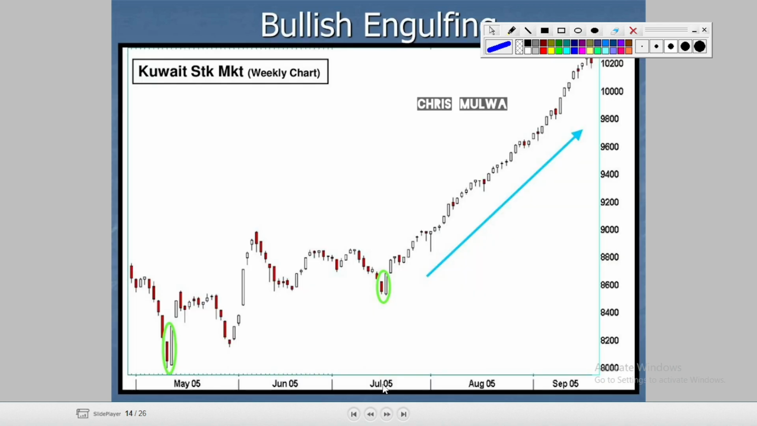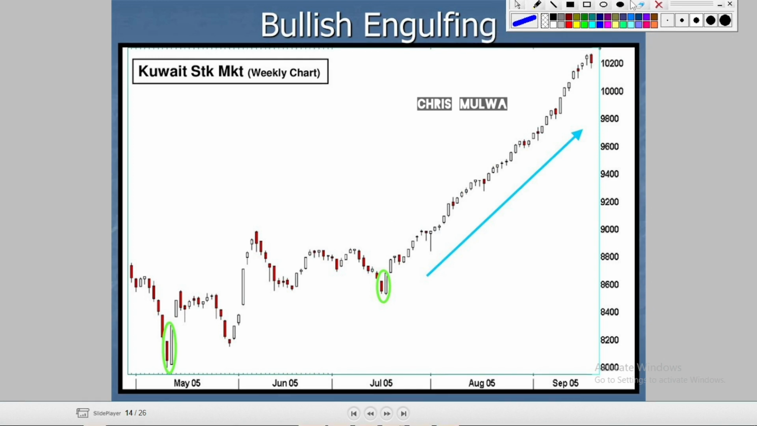To the next, we are trying to check the bullish engulfing. The bullish engulfing. This is a weekly chart of the Kuwaiti stock. Okay, so we are checking at the bullish engulfing, which are seen here. This is one. Bullish engulfing shows a very strong